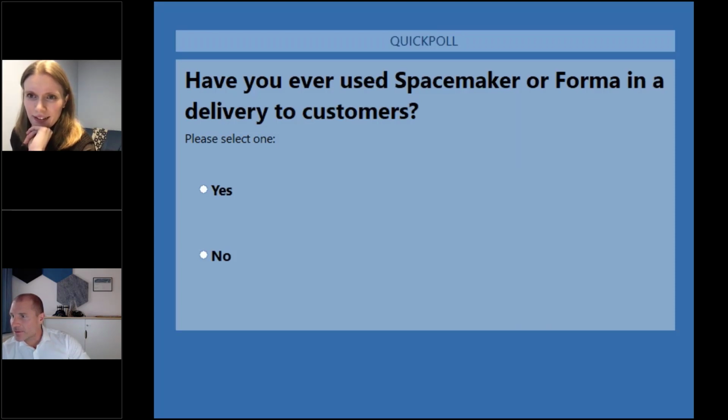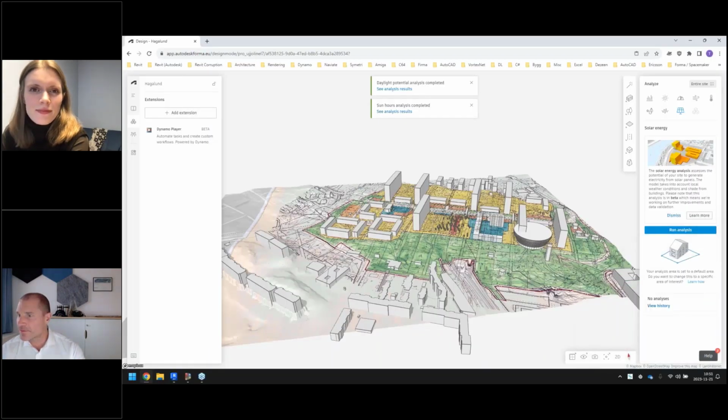Okay, still a lot of answers coming in. Okay, so about 85% answer that they have never used SpaceMaker or Forma before, and about 14–15% say they have. So the next question,